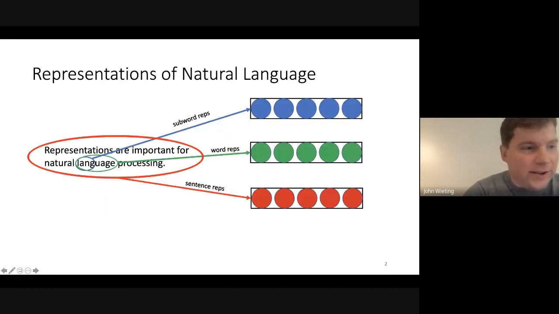So representation learning, as many of you in the audience know, has had a tremendous impact in machine learning and natural language processing, especially in recent years. Learned representations provide useful features needed for downstream tasks. They allow the models to incorporate knowledge from billions of tokens of text. And this all results in better performance and generalization on many important problems of interest. As depicted in this figure, I will discuss learning representations for different granularities of text, from subwords to words, and finally to sentences, which has been the focal point of my work.